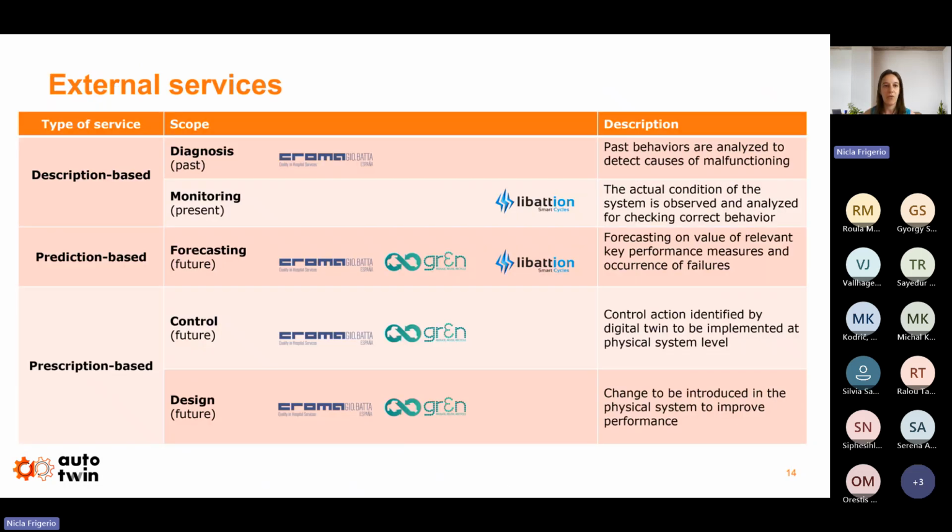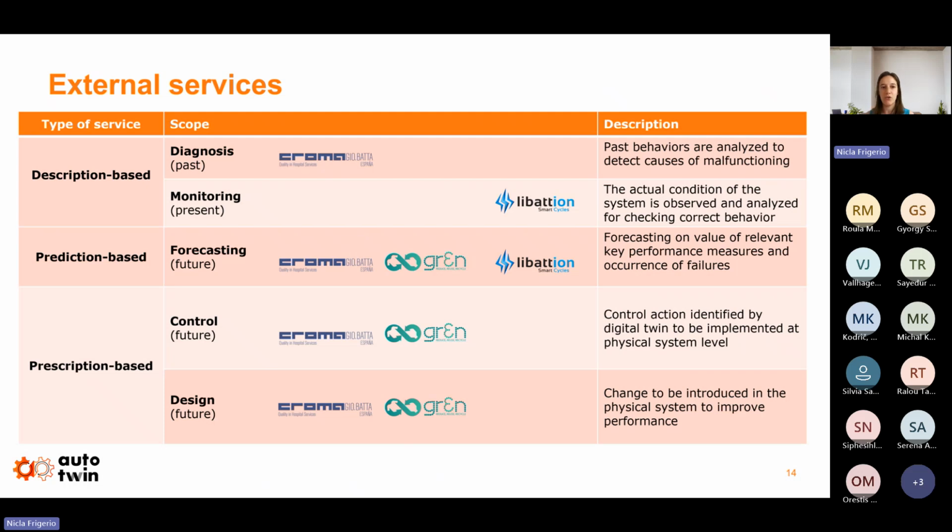And again, in terms of the digital services, or let's say the external services, the digital twins we are developing now provide to the use cases, we have three macro types of services: description-based, prediction-based, and prescription-based.